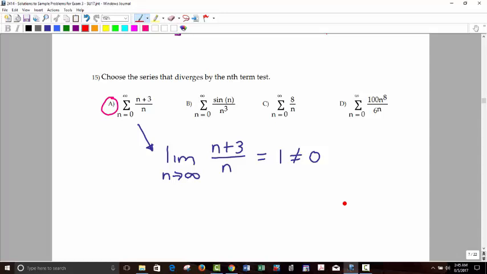And this rule says that if the limit of the sequence goes to any other value than 0, that means the series will diverge. So they're still two separate things, but the series rule here is using the sequence. So if it goes to anything other than 0, it diverges. So you see without even doing those other ones, this first one, that's it. These all go to 0 right here anyway, so